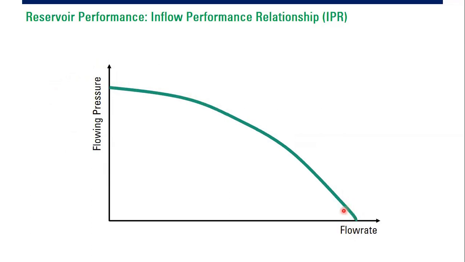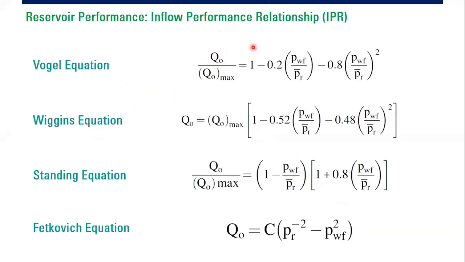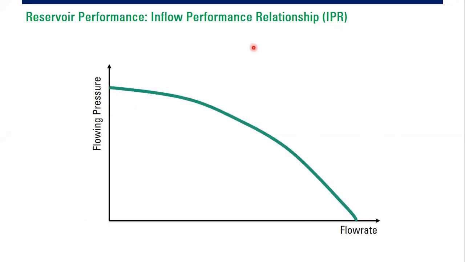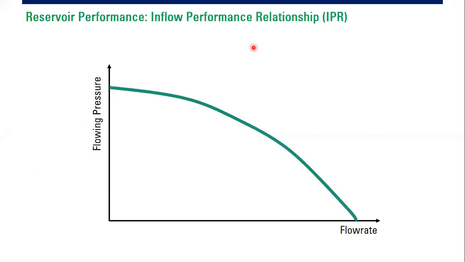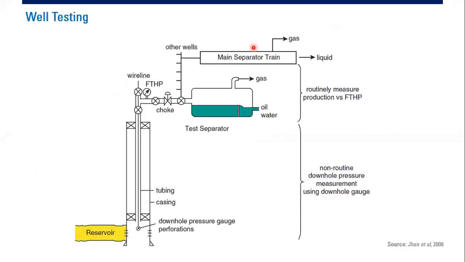So to construct the IPR curve, the vertical axis is the flowing pressure and the horizontal axis is the flow rate. If you have data from your well, if you do well test data, you can plot. If you have some flow periods, you can plot and construct this IPR. But we can easily construct this one using one of these equations. So it represents the performance of our reservoir. And how to construct the IPR, like I just said, is by doing well testing.